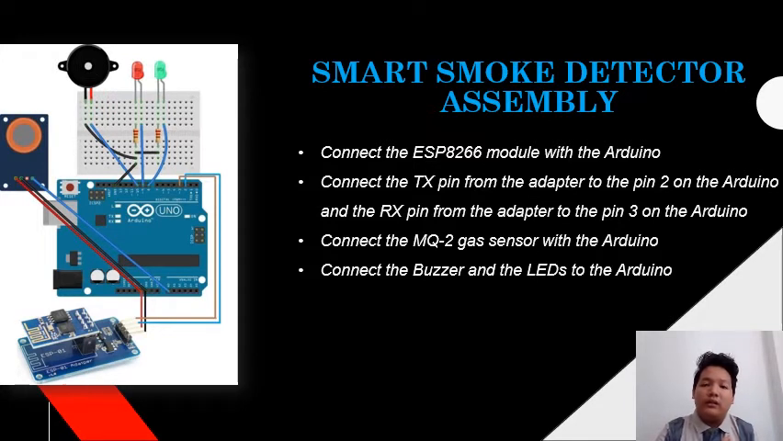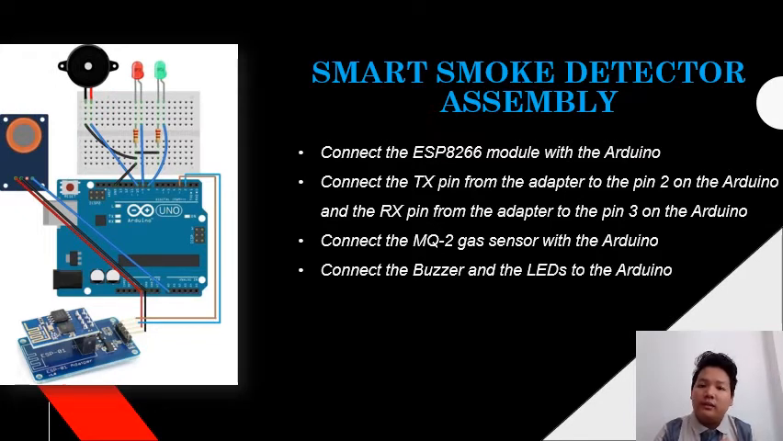Okay, then connect the MQ2 gas sensor with the Arduino. Connect the VCC and the GND on the gas sensor to the 5V and GND pin on the Arduino. Then connect the A0 pin on the MQ2 gas sensor to the A0 on the Arduino. After that,